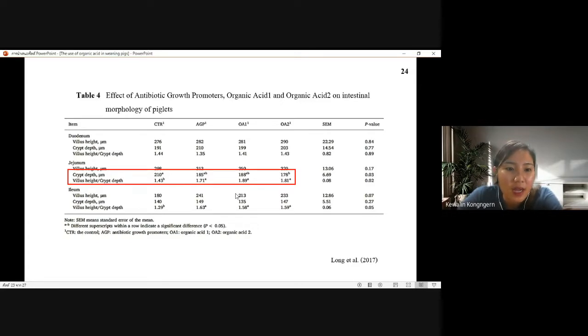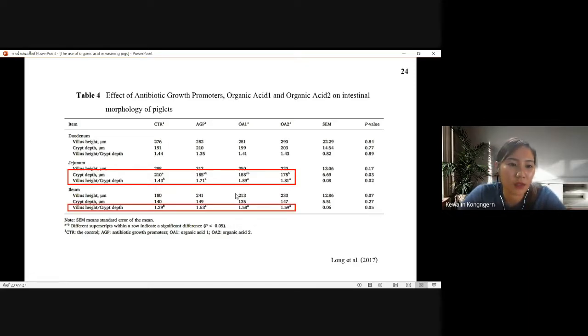And the villus height per crypt depth in the organic acid 1 is higher than the other groups,